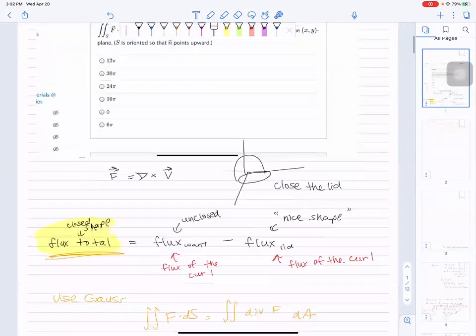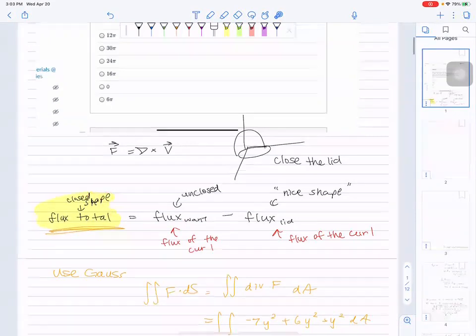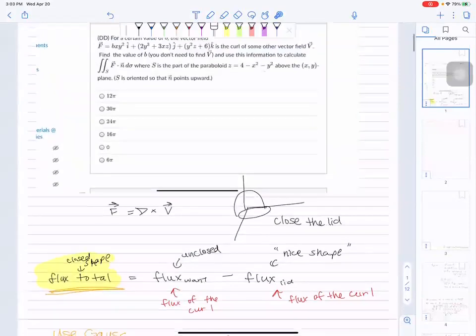Then why would we use Stokes? Because if it says flux of the curl, we use Stokes. We just said that, but now we have a closed shape, like we're finding the net flux over this whole shape. So with divergence, it's not